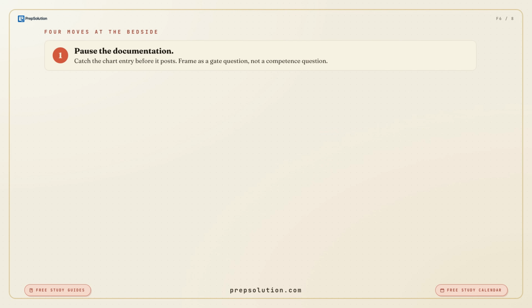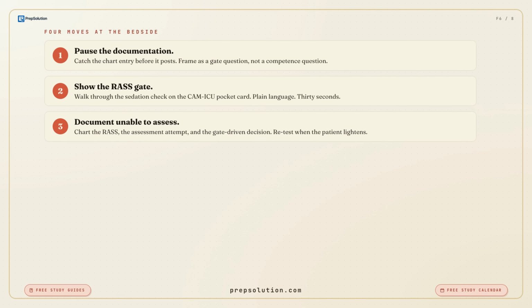Four moves at the bedside. One, pause the documentation. Catch the chart entry before it posts. Frame as a gate question, not a competence question. Two, show the RASS gate. Walk through the sedation check on the CAM-ICU pocket card. Plain language, 30 seconds. Three,